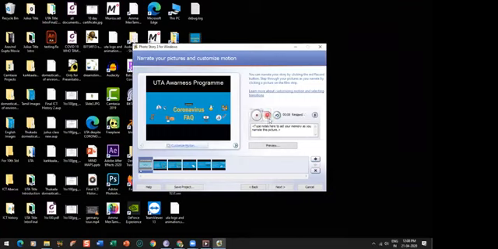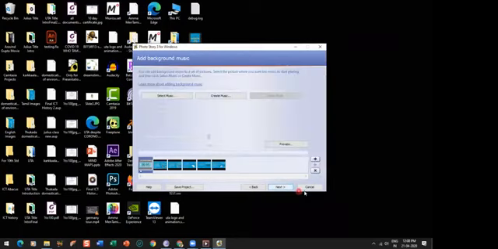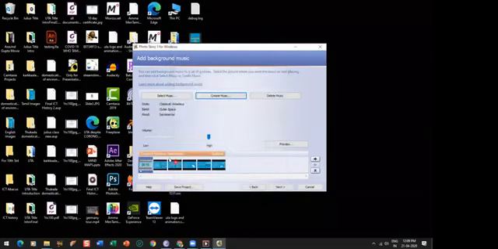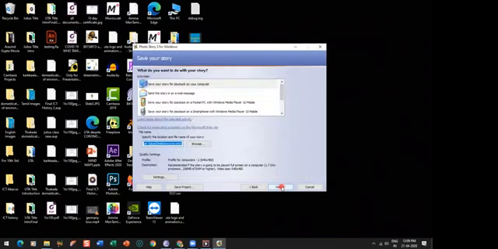I just stop this and press the next button, and it is asking whether I want to have music or not. You can also add any music of your wish, or music which has already been kept inbuilt within the system. I am just pressing create music. Okay, and it is added. Now I am going to press next.